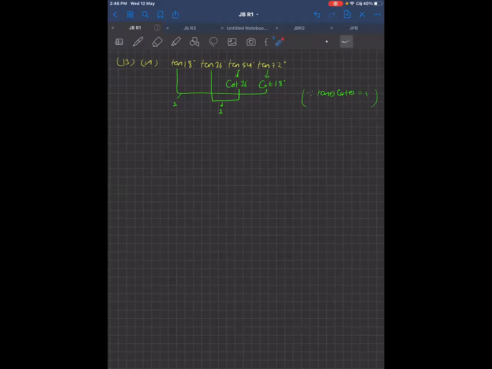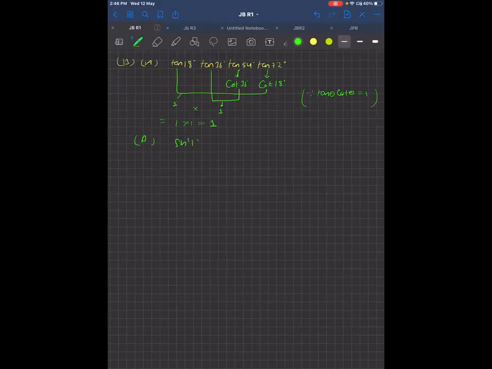Now actually, what we have is all in product. So the product of these two is 1 and the product of these two is also 1. So 1 into 1, the value of this one is 1 into 1, which is 1. So option A is not correct, because he is asking which one is not equal to 1. Now I need to check for B.